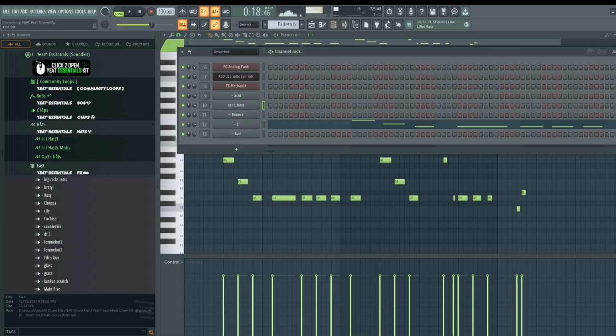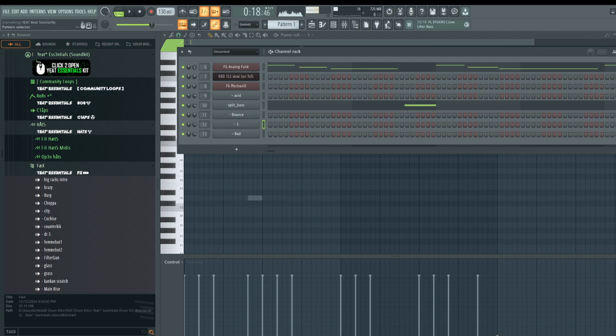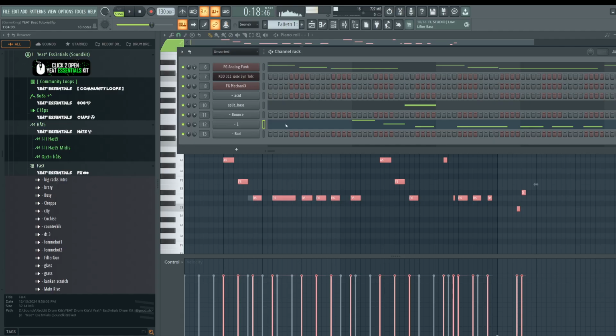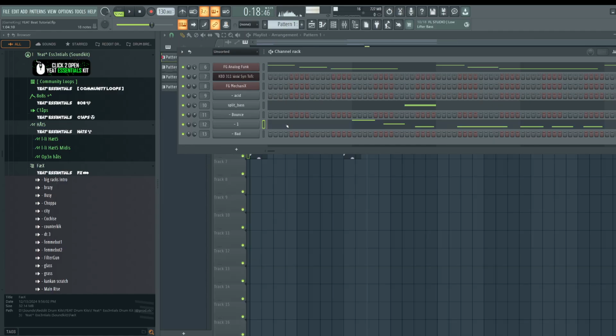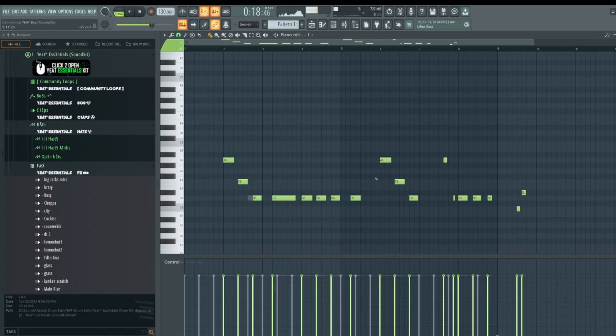Okay, I think we need another wow sound. Here's where it might be beneficial to actually move these to the same channel temporarily. Let's hit Control X. Let's go back to the bass pattern, hit Control V. Now I have all my bass on one channel rack. We can see the overlapping notes and see the timing.